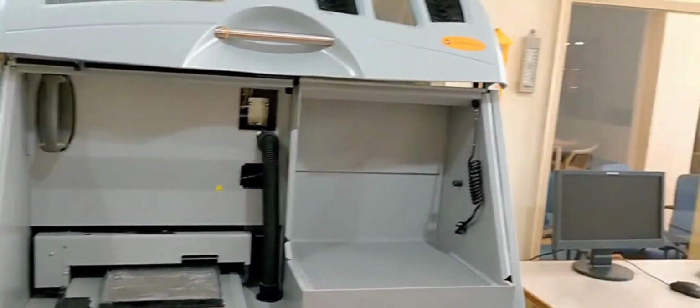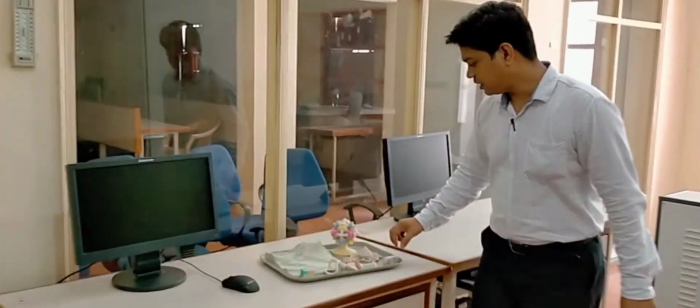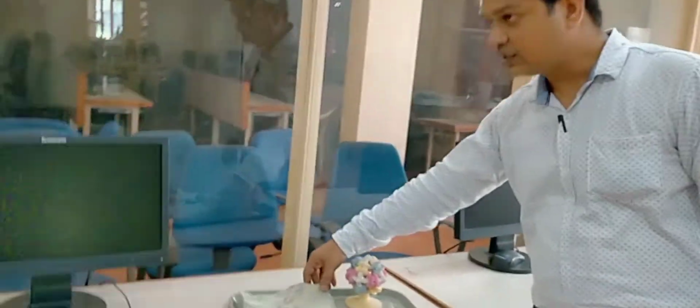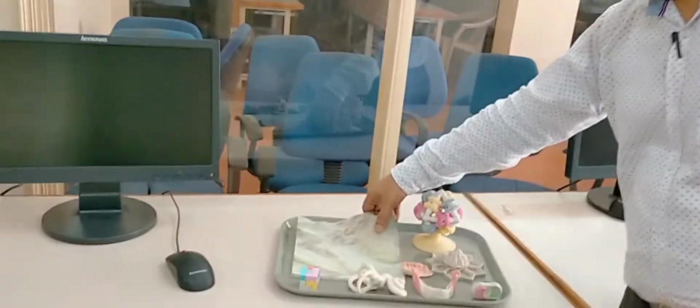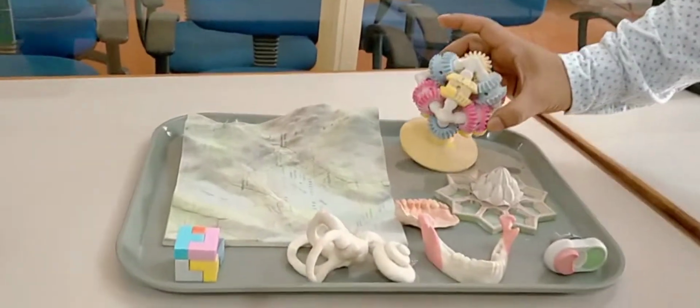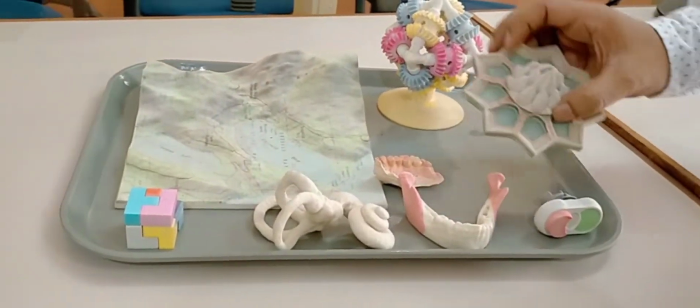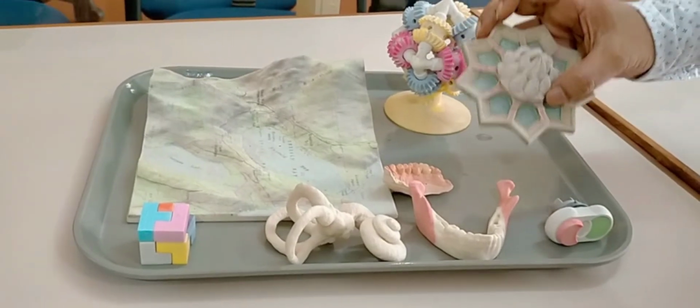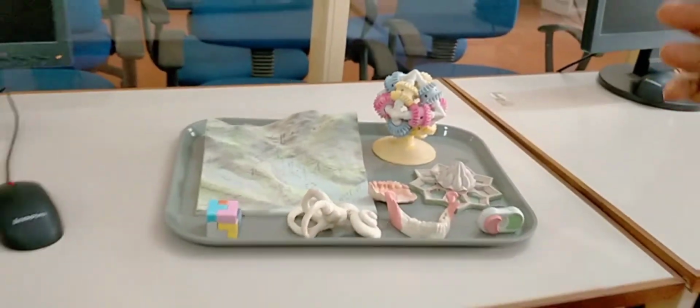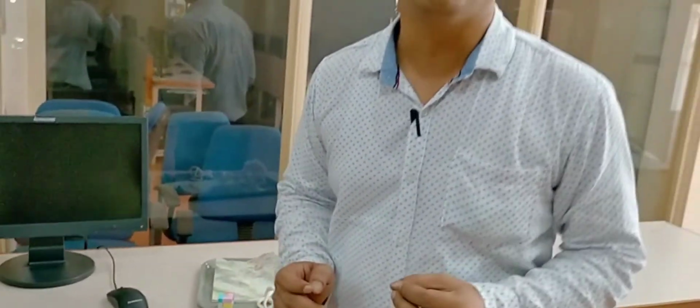And here are the various components made by the students. You can see this printer can print full color parts. These are the color components. This is the sample of Lotus temple. So for this particular printer, we need to have a CAD model with us, and that CAD model can be printed by this printer.